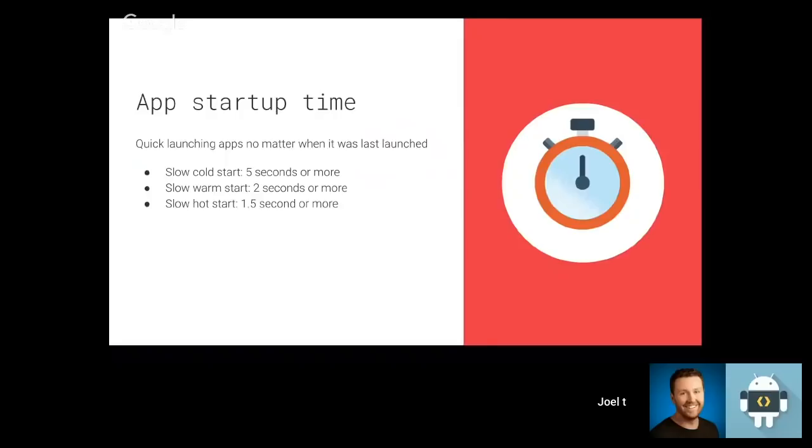So the first feature up is a new performance area known as App Startup Time. We introduced this section because we know that users expect quick starts no matter when the app was last launched. To help you assess that, we introduce metrics for each of the 3 system states and measure how long it takes to render the first frame of your app. But perhaps more importantly, because it's sometimes hard as a developer to define what's truly quick, we hear that all the time. Developers want to know, how do I stack up relative to my competitors? What's good? What's bad? We analyze the body of apps in the Play Store and then define different thresholds for a slow startup based upon